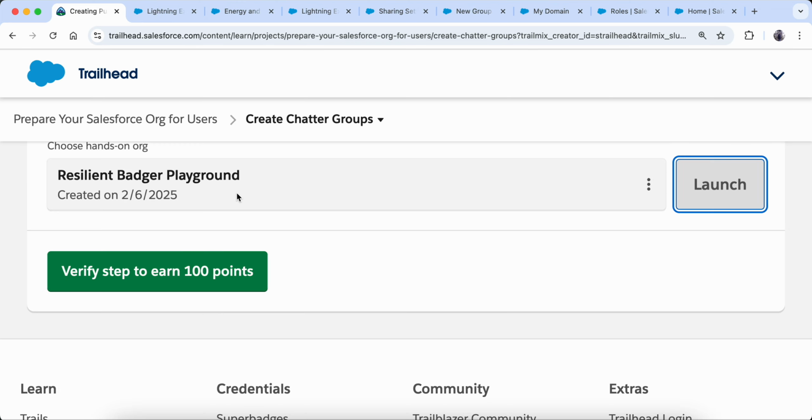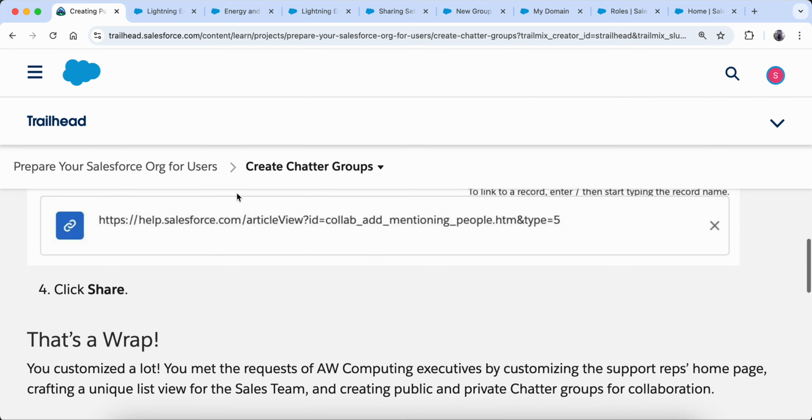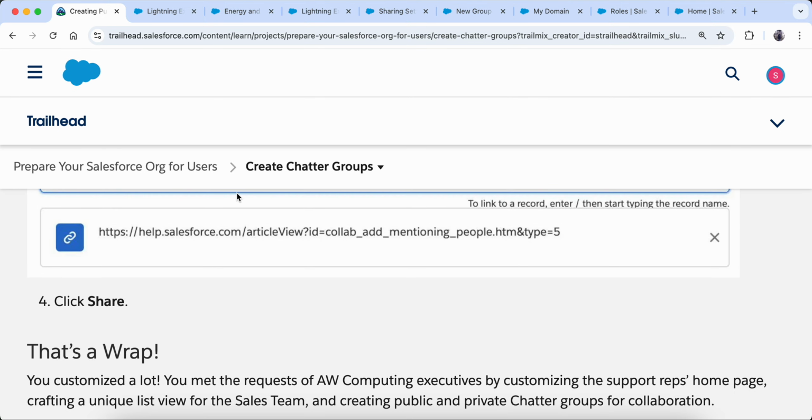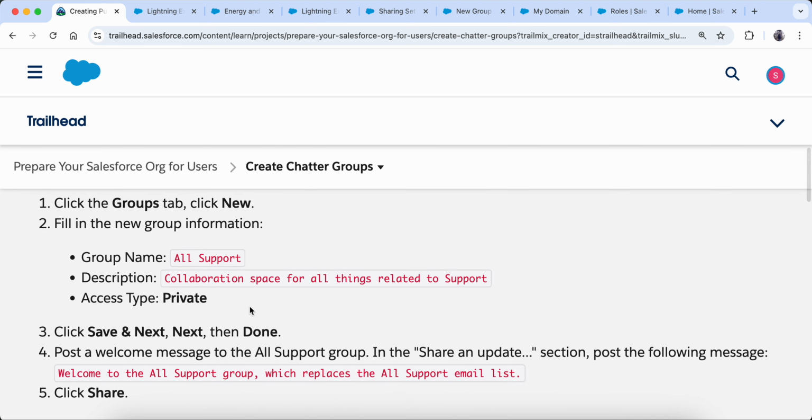As I already told you, what is a chatter? Chatter is just a collaboration tool. For example, if you are a sales rep and a lead is converted, you just post in the chatter, oh, congratulations, this lead is converted, something like this. Then other people can comment, if they want to comment something. This is an example of what you can do in a chatter group.